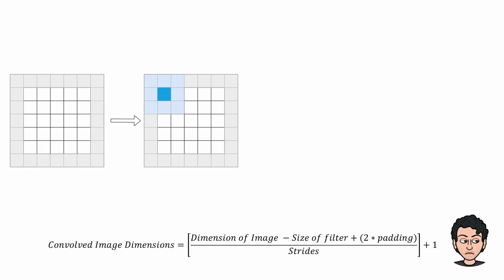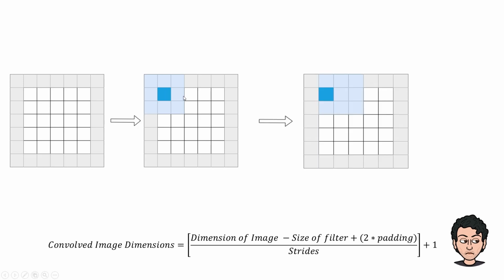Okay, so now let us look at padding in depth in order to figure out the math behind it. Let us say this is a 5x5 image where I apply 1 padding, and this is the feature that I'm trying to extract. So when the filter moves, this particular pixel is going to come into the picture once again.